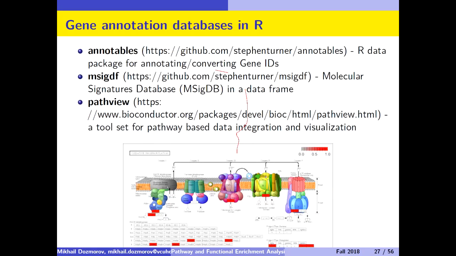So you can make nice figures, and this may help you to understand where your differentially expressed genes are located. Obviously, if you have something like Ingenuity Pathway Analysis, Ingenuity is much easier to use and it provides much nicer pictures. It's commercial though, and if you don't have Ingenuity access,